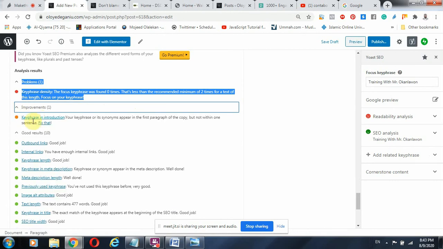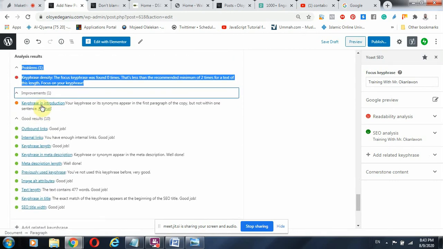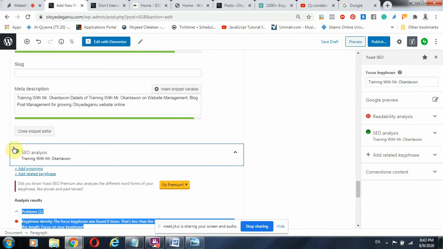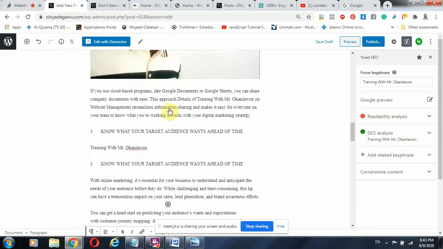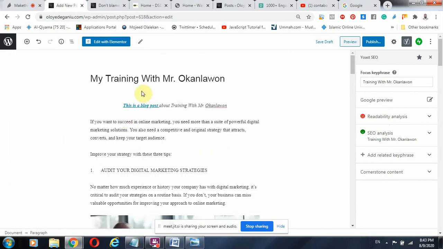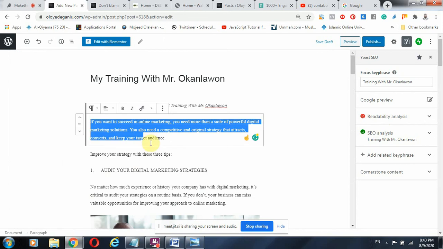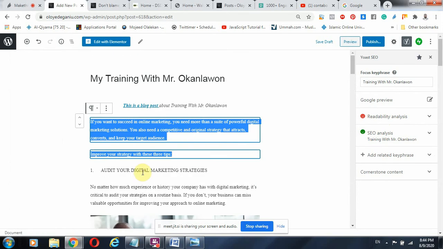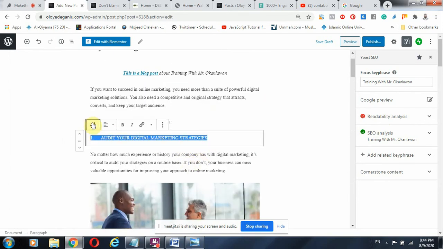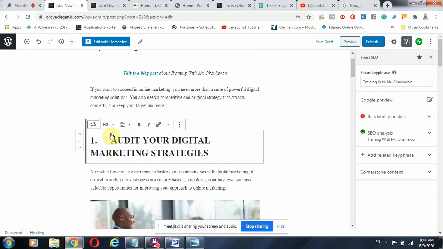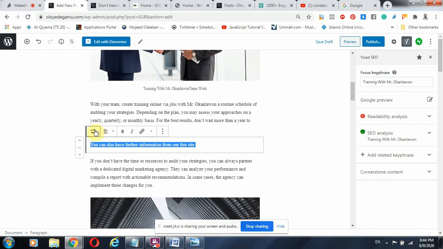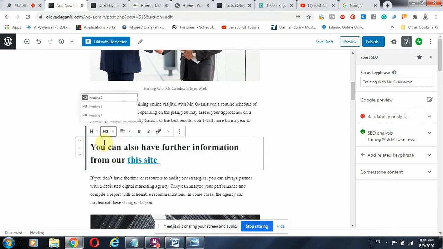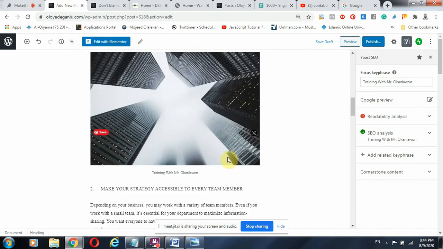But what you need to really know is that we have done a good job with our SEO. Okay, you can see this green means a pass mark. And now readability analysis, our content, the format and all this. The text is too much, it's too small. We want it to be paragraph, we want it to be heading, H2, H3. We want this one to be paragraph, heading, H3. Why? So that somebody reading can follow